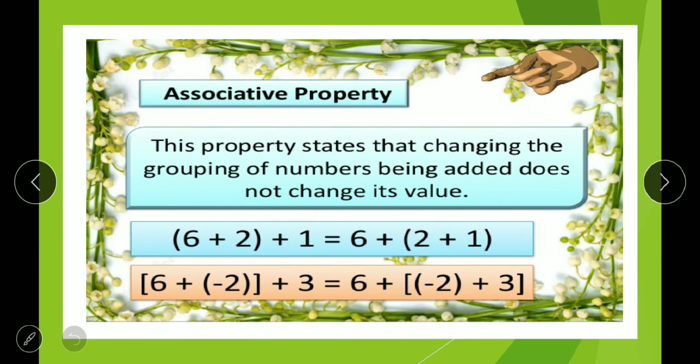And now next we have the associative property. This property states that changing the grouping of numbers being added does not change its value. Even here also we can group the numbers in any way. Means if you have numbers, we can take A, B, C. First you can add A plus B, or else B plus C, after adding we can add the A. This is A and this is B, C. First you can add either A plus B, or B plus C, however you do, you will get the same answer. All this we will learn slowly by using some example sums.